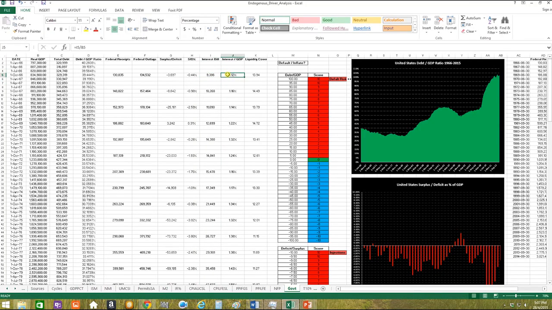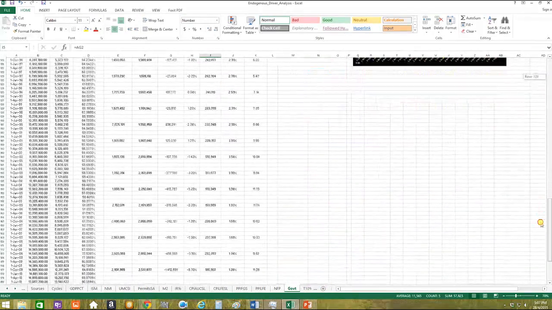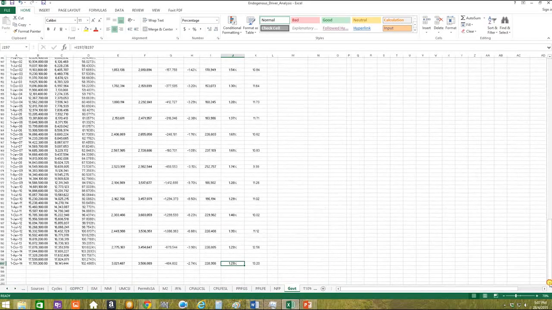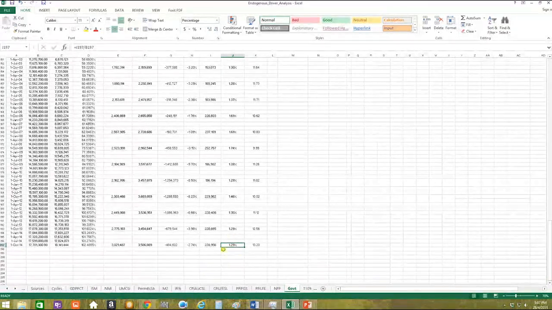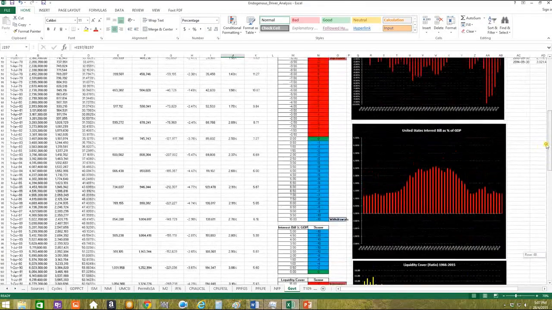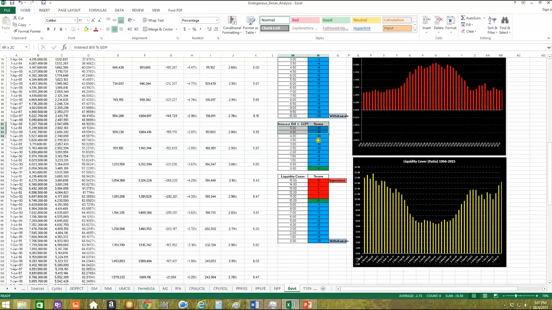And if you follow the link to the St. Louis Fed again, you're going to get the interest bill number. You'll be able to download the data and copy the process of building this spreadsheet. As we can see, the most recent number that we've got in this data set is 1.29%. And we have our scorecard available here, interest as a percentage of GDP.